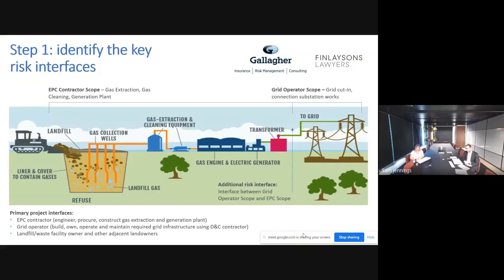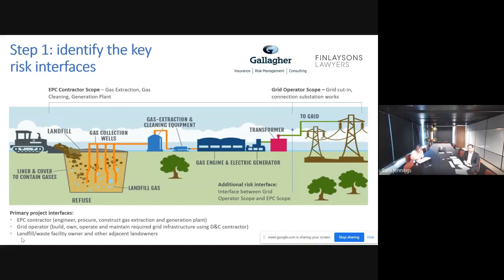You've got your grid operator, who will typically enter into a build, own, operate, maintain type arrangement where they will outsource construction of their assets to a D&C contractor. You've got your waste facility owner, who could be susceptible to fires or other pollution emanating potentially out of your facility. And then moving into the operations phase, once construction's been completed, you're going to have interfacing between O&M contractor